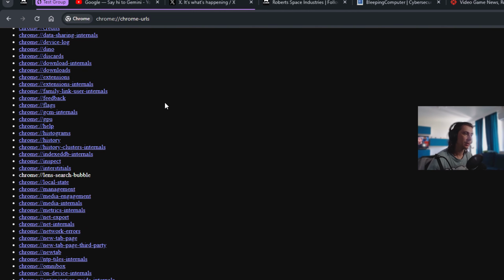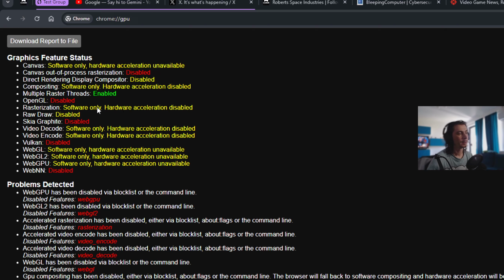Two things that I actually use from here is this Chrome GPU flag. You click on it, it will test your hardware acceleration for Chrome. And as you can see, this is a virtual machine. So it's gonna say web GPU software only because the virtual machine doesn't have a GPU. But this is actually used, and you can troubleshoot things like, I don't know, Google Meet or a Zoom call or something. Well, if you do it from the browser,